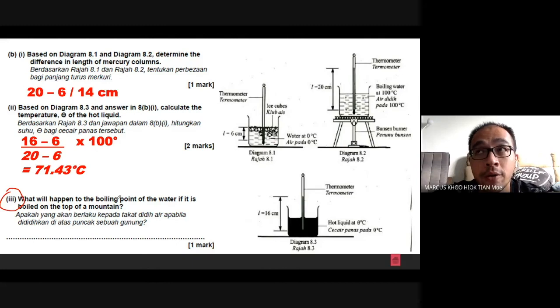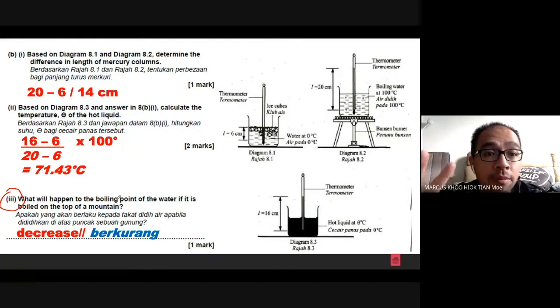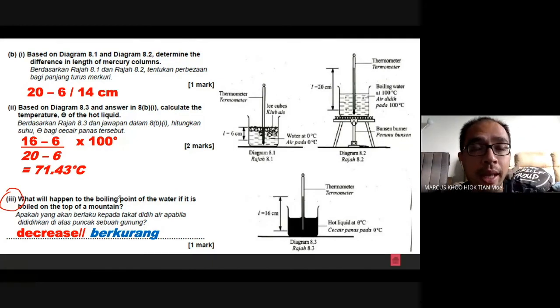Okay, and I don't know how many of you have ever climbed Mount Kinabalu, but if you have ever climbed Mount Kinabalu and you've tried to boil water on top of Mount Kinabalu, you will find that it is much easier to boil water on top of the mountain as opposed to when you're on Earth. So there is an explanation for this,